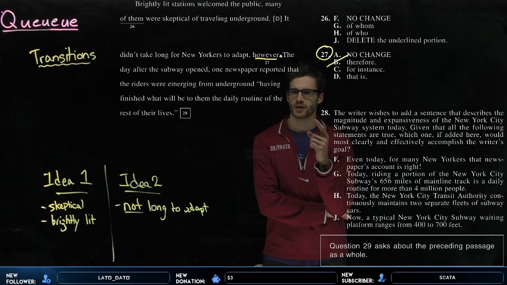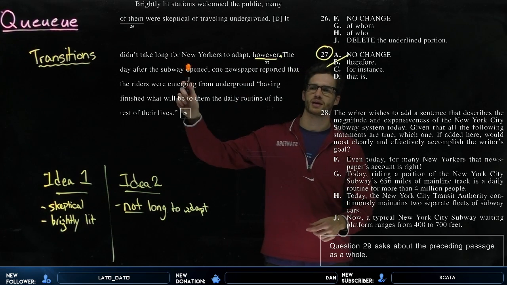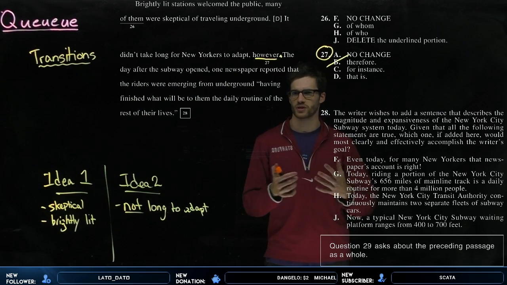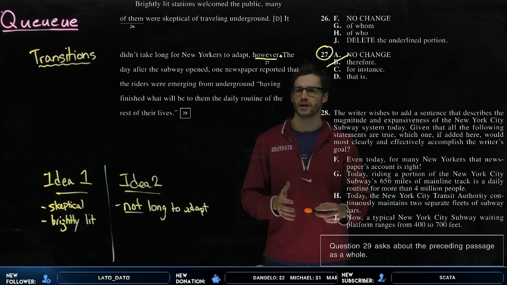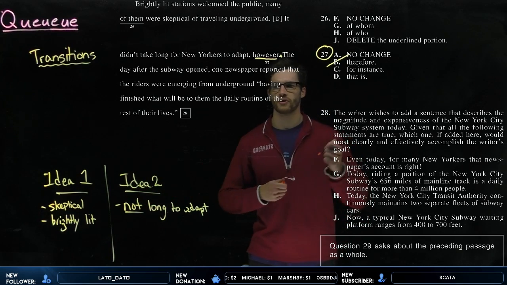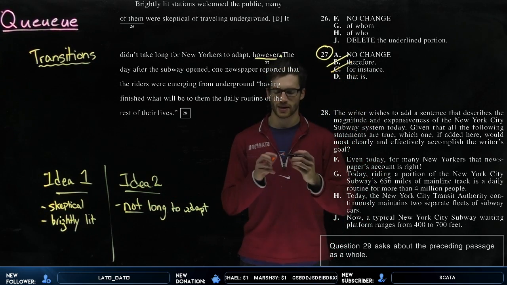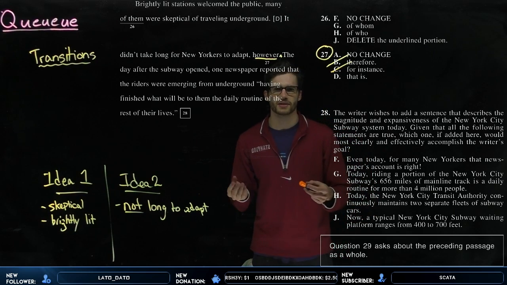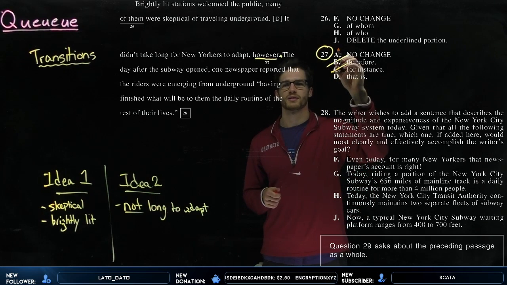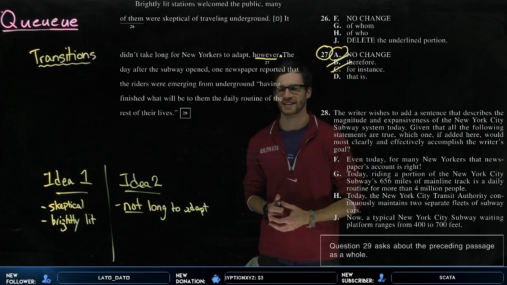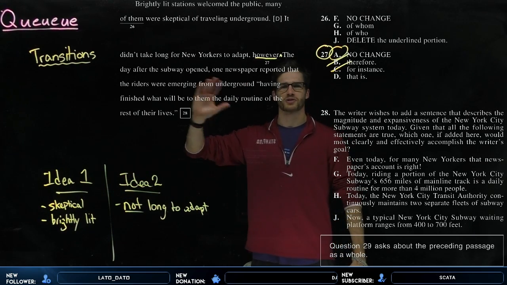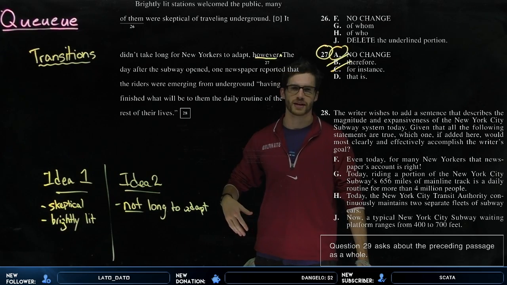This one is tricky because if you think of the word however as connecting the idea here with the idea that comes after it, it might seem like a for instance, which is, for instance, for example, but there needs to be contrast between these two ideas. So I don't like for instance, and D doesn't make sense to me because there's no contrast there and it seems just like a silly thing to say in this context. It does make sense to say A. So here, I like however, because it creates the contrast between New Yorkers are skeptical of traveling underground, however, they adapted very quickly.